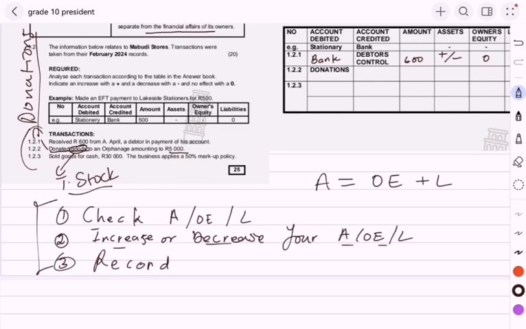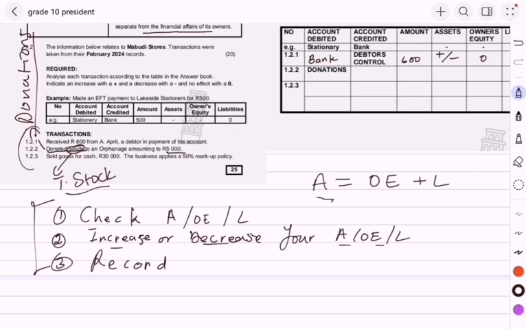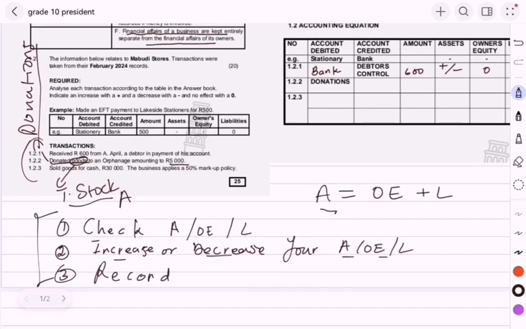So now we have donations, we have stock. What is stock? Stock is something that we own, right? And what we own is a possession to us, and that is, of course, your asset. When it comes to your donations, they affect your owner's equity. When we do your balance sheet together with your income statement, I think that is when you would get a deeper insight into why donations are going to be